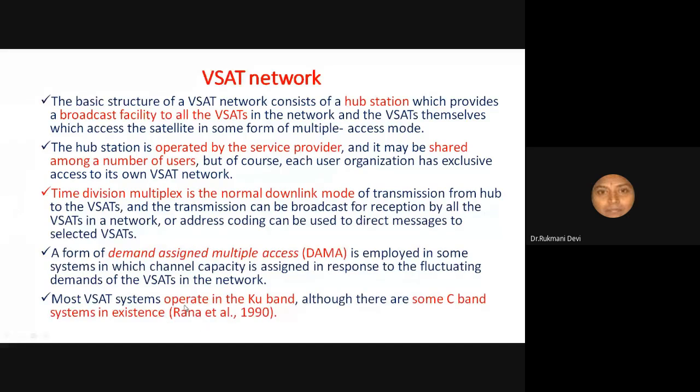So most VSAT systems operate in the Ku band. There are some C band systems